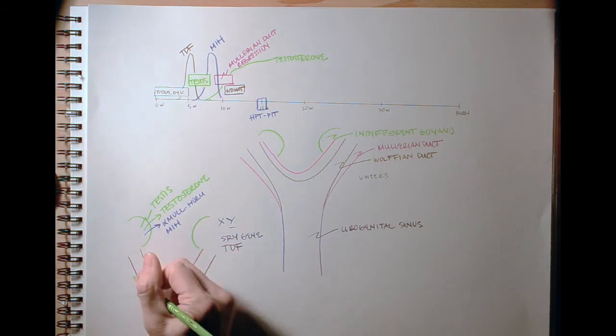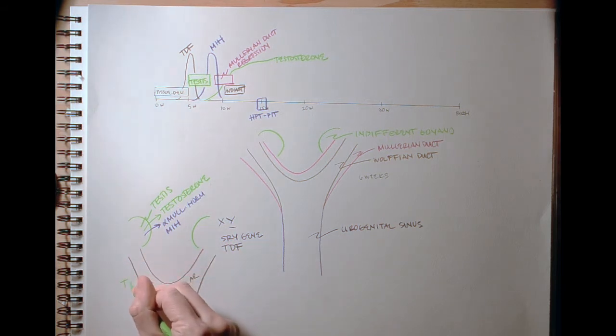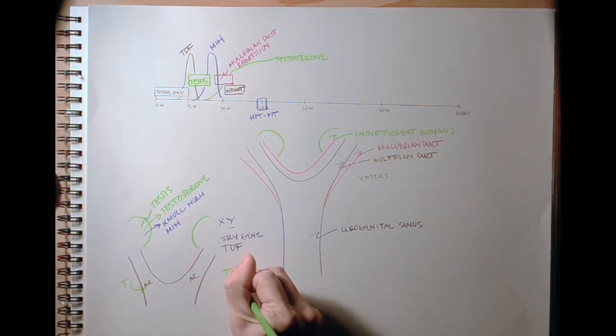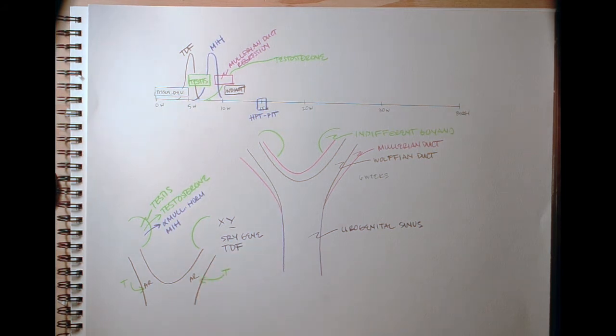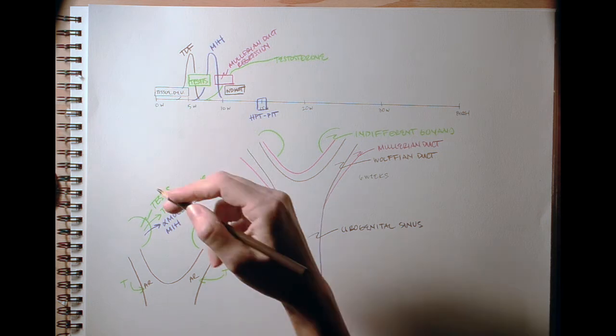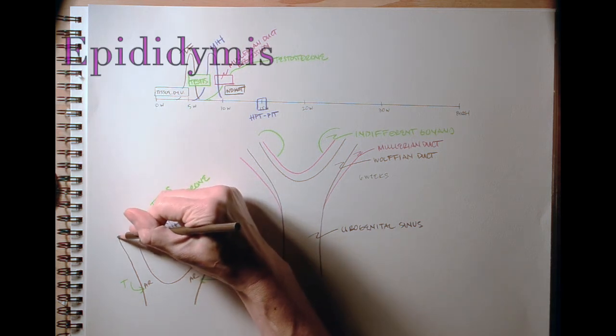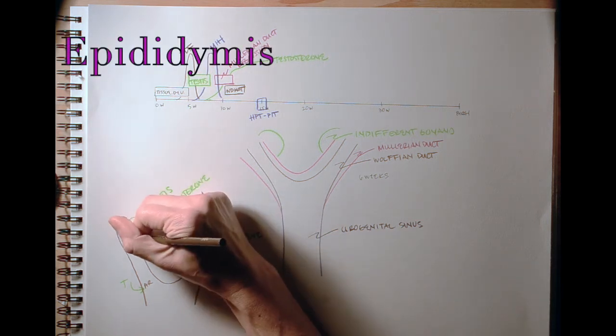So testosterone is going to bind to the androgen receptor, of course, and activate the androgen receptor present in the Wolffian duct, which is going to induce the maturation of that Wolffian duct into tissues such as the epididymis,